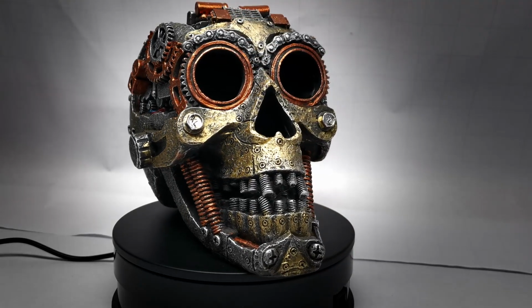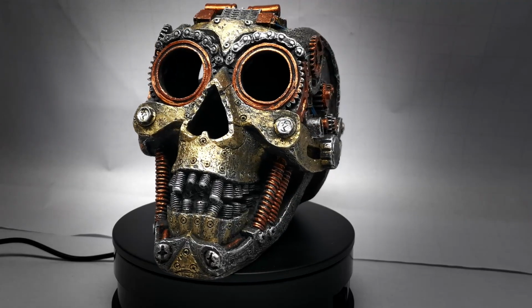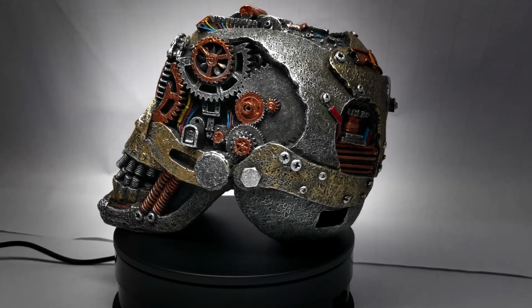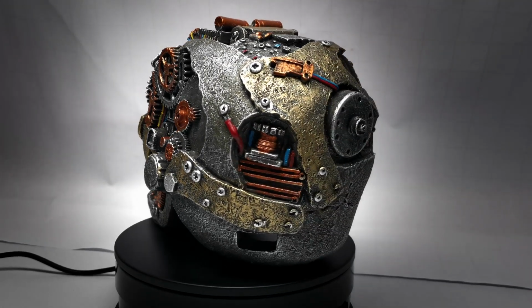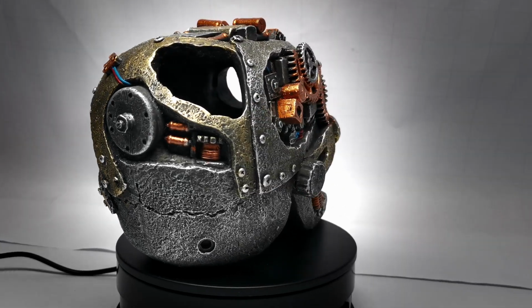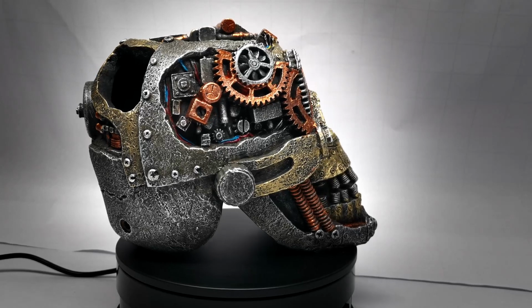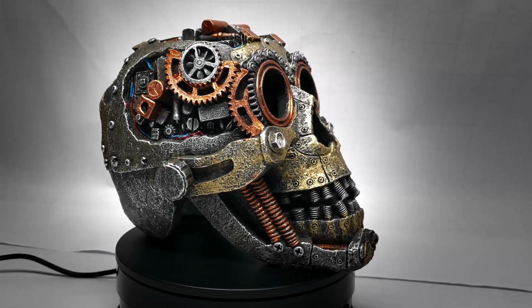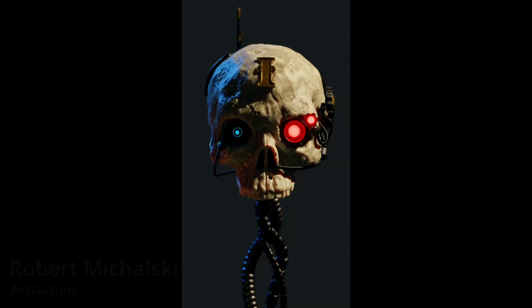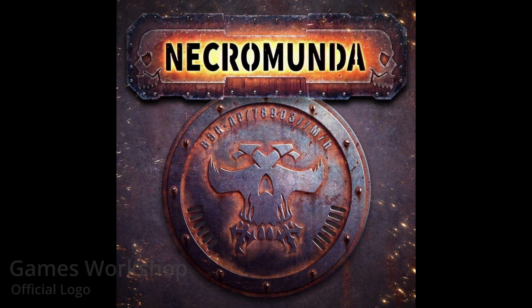This is the first video of this channel, and today I will show you how I built something out of this skull I found at the aquarium store. As a terrain crafter and Necromunda enthusiast, this mechanical skull reminded me of the Warhammer 40k universe, and especially of Necromunda. The first thing that comes to my mind is of course the servo skulls that are used in the Warhammer universe to aid in different tasks, but also in the iconography of the whole franchise, skulls are omnipresent, you